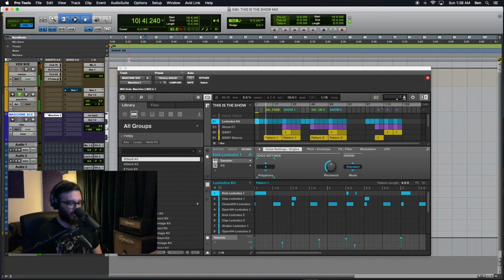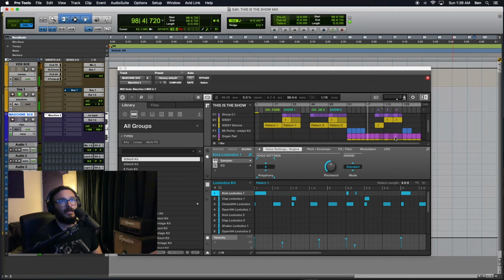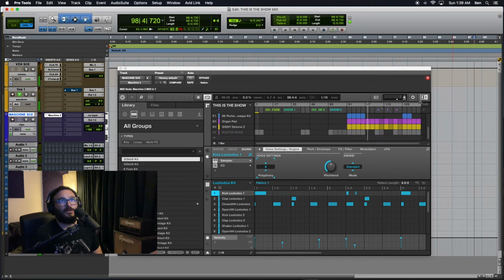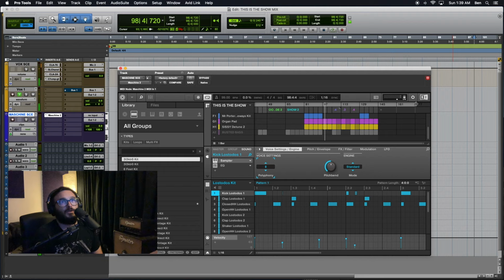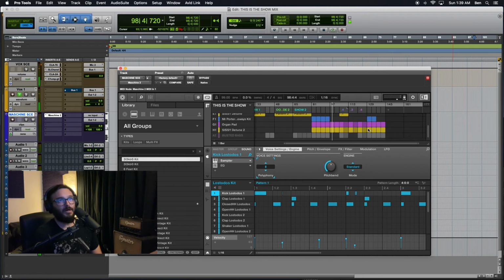Depending on where I am in Pro Tools, it actually syncs up the timeline. You see, once I select somewhere, say if I put my cursor on bar 41, or just damn close, I'm at bar 41 here in Maschine, right? So if I get to the end, if I want to audition the end, I can do that. What I'd actually like to do is make the end of this just a little bit longer so that we can make sure that we capture the end of the song, which just kind of rings out this one vocal sample. But anyway,